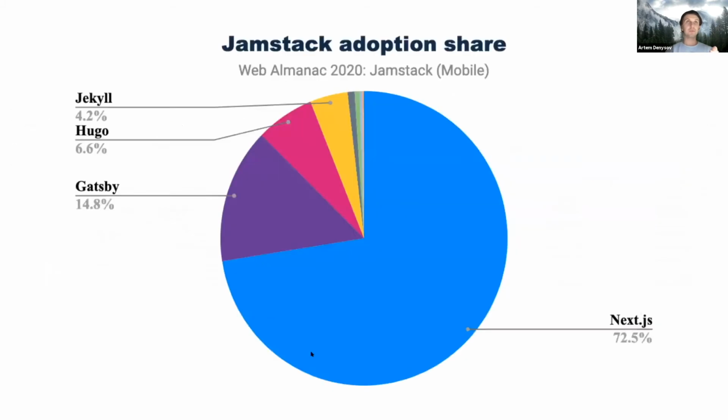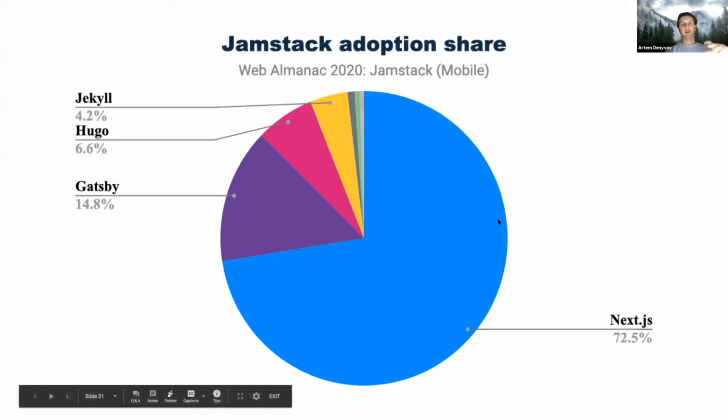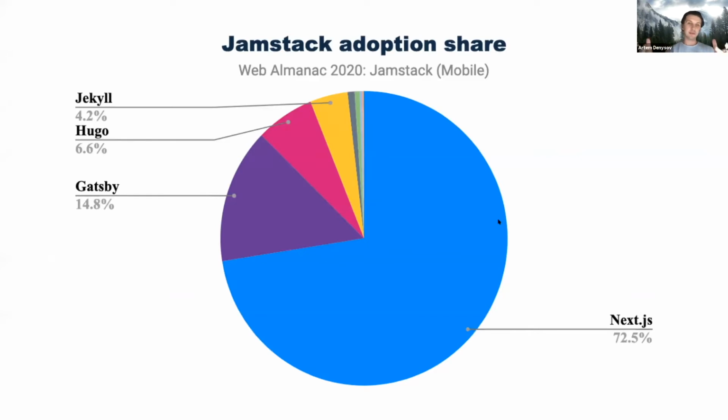Most of the stuff was Hugo, Jekyll, Gatsby, and Next.js, and Next.js was kind of hitting all over the place, because it has a really big variety,